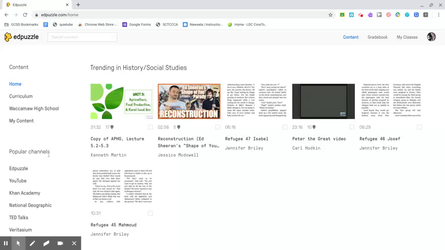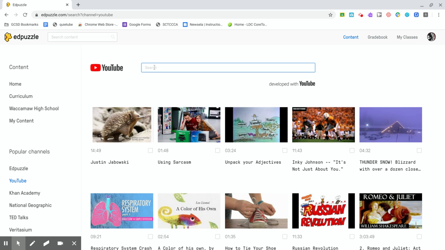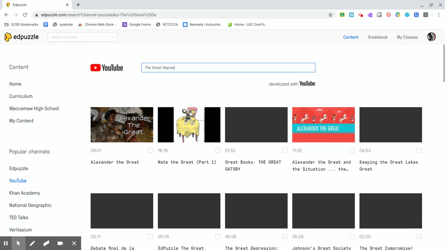Where it says popular channels here, you'll see a few choices. You've got EdPuzzle, YouTube, Khan Academy, National Geographic, TED Talks, and Veritasium, which I've never used, but any of those are where you can find content. So I'm just going to pick YouTube, and I'm going to search for a video. I'm going to do the Great Depression,